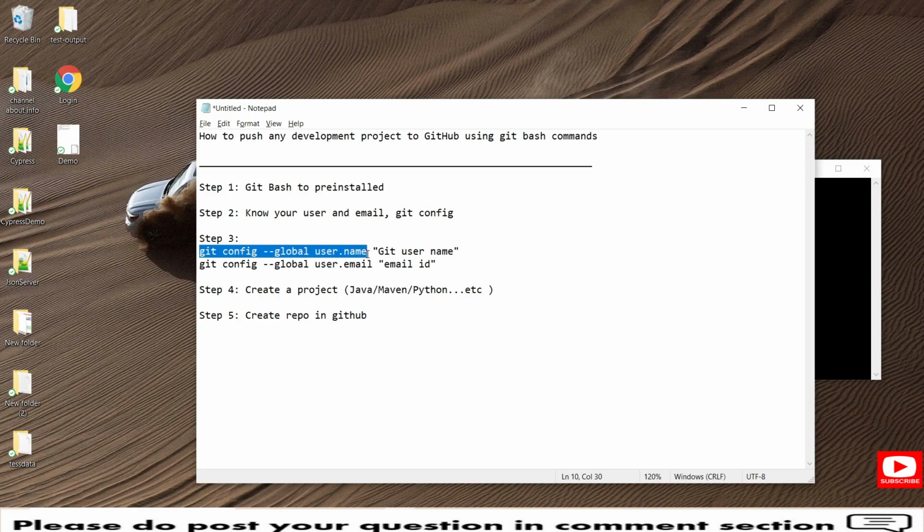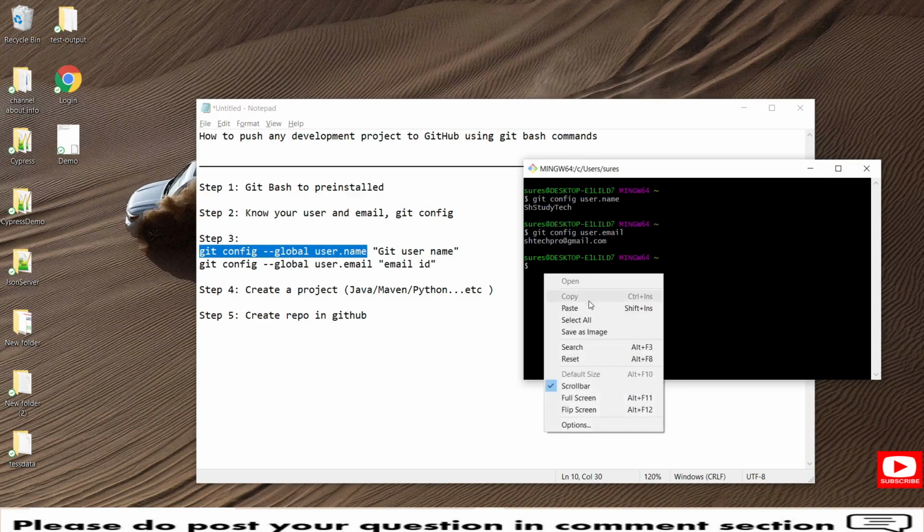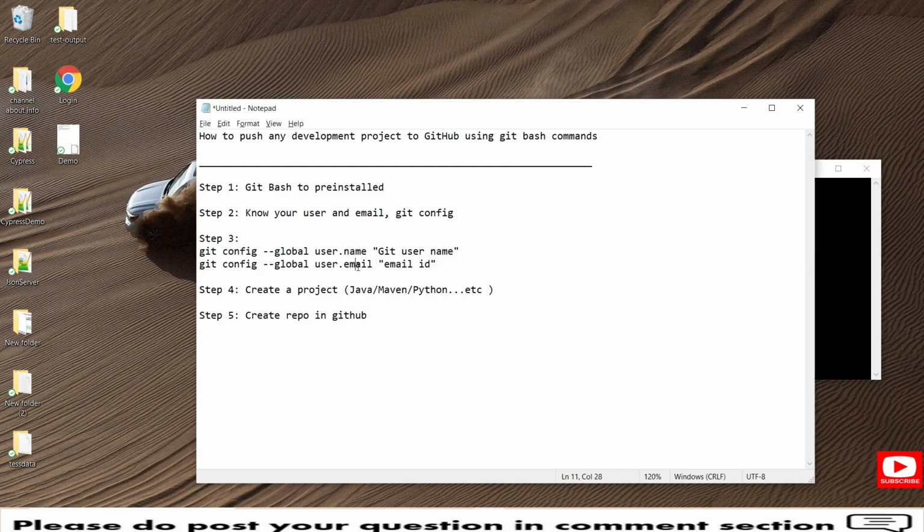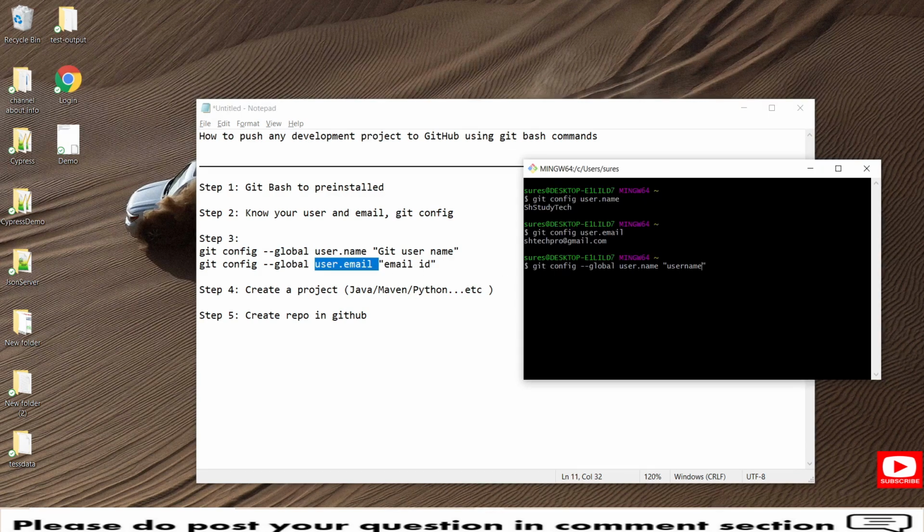Once you copy this, let me put it in my Git Bash here, and later you need to provide the username here. So this is how you set it, and if you hit enter, it will update the username. And likewise you need to provide the email, user.email. Username and email should be associated with your GitHub repository, github.com. So you need to provide those details so that it will configure the same details in Git Bash.